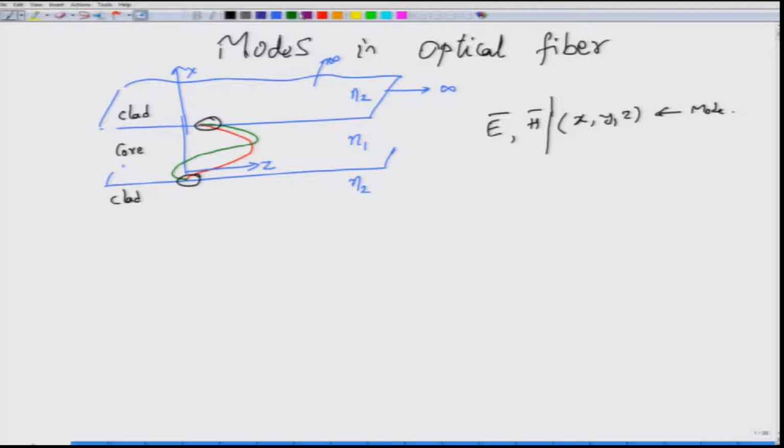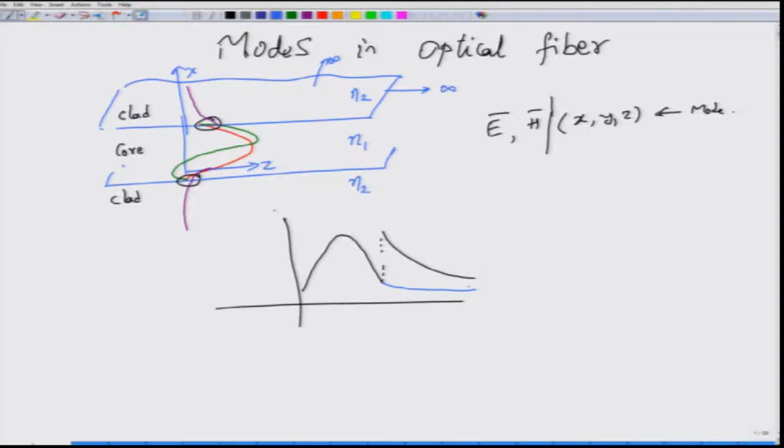At the edge, however, the fields are not really going to 0, but they actually extend, or rather decay exponentially. So, they decay exponentially and it is our job to match the exponential decay outside to the field which would be there inside the core. So, the way I have written, clearly these are not meeting because at this junction there is a jump or asymmetry. So, I have to tailor one of the function amplitudes such that I get a nice extension. So, this would be the exponential extension, right.